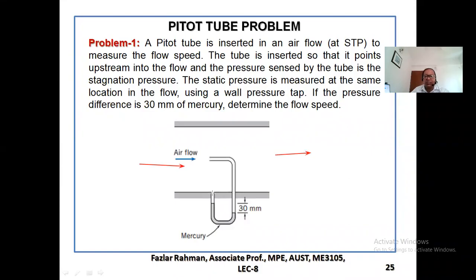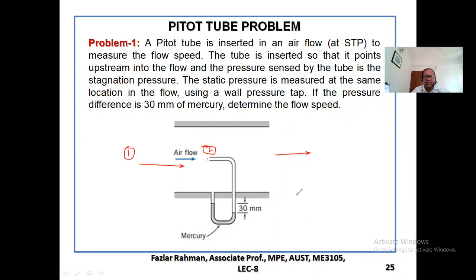And there is an opening right over here, and there is a heated tube. And in that heated tube, velocity will be 0, right? So if I take 2 points, say 1 point right over here and 1 point right over here, then you can apply Bernoulli's equation on these 2 points, right? And what they're saying